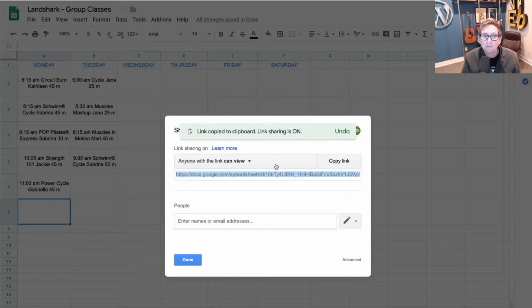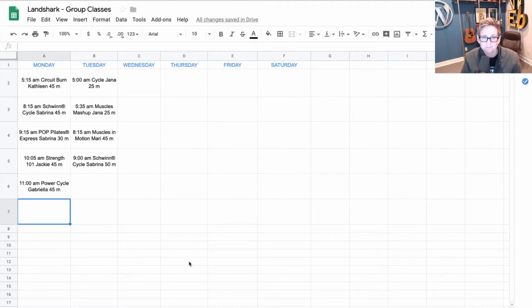You'll click share, and all you want to do is come up here and get a shareable link. We're going to click that little button, and this says anybody can view it. You don't want editing rights to go out there in the world. So that's correct. We're going to leave this setting. We're going to copy that onto your clipboard, right? Right mouse click, copy it onto your clipboard, and save that link right now. Here's what's going to happen. We're going to put that link on your website.